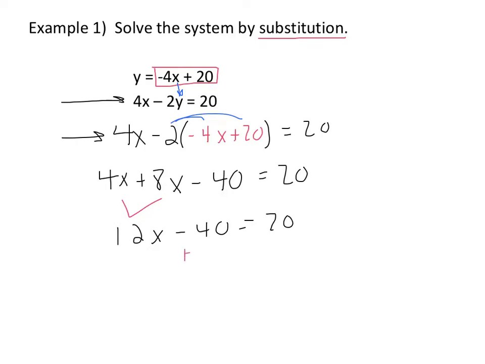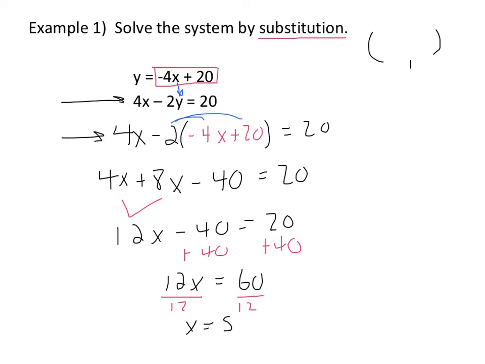We would add 40, and we would get 12x equals 60. Divide by 12, and x equals 5. Now remember that we are looking for a coordinate, and we've just found the x value